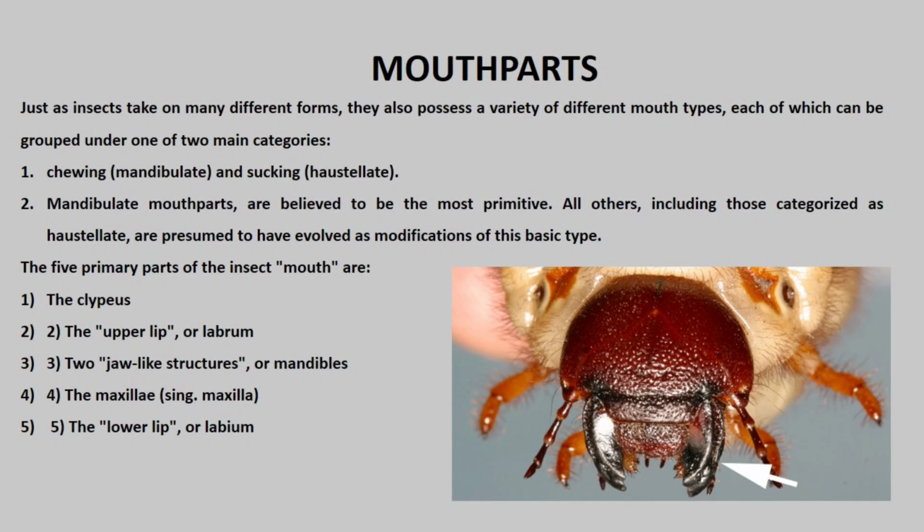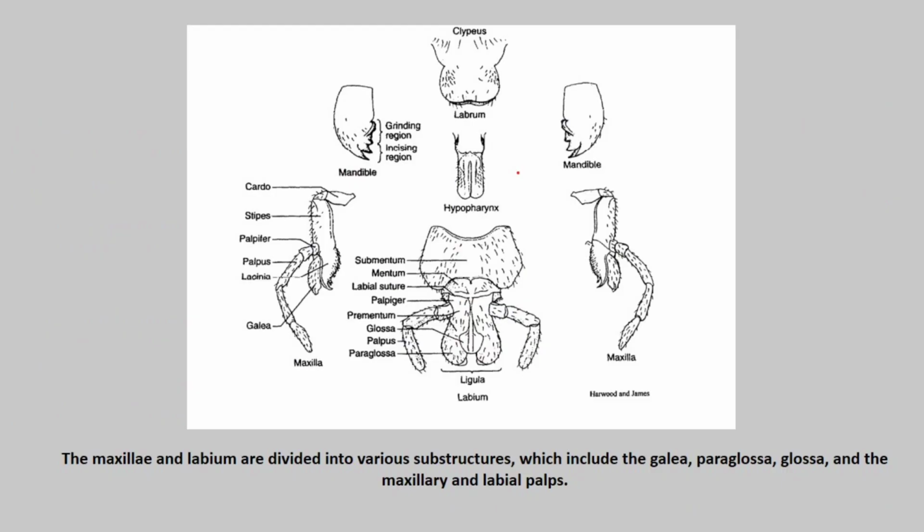The five primary parts of the insect mouth are: 1. The clypeus. 2. The upper lip, or labrum. 3. Two jaw-like structures, or mandibles. 4. The maxillae, singular maxilla. 5. The lower lip, or labium. The maxillae and labium are divided into various substructures, which include the galea, paraglossa, glossa, and the maxillary and labial